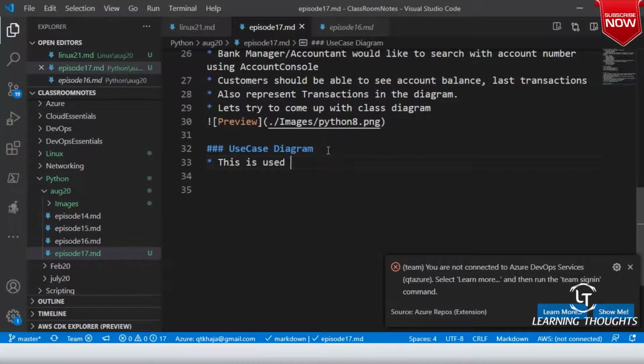This is used to capture the dynamic aspects of systems.